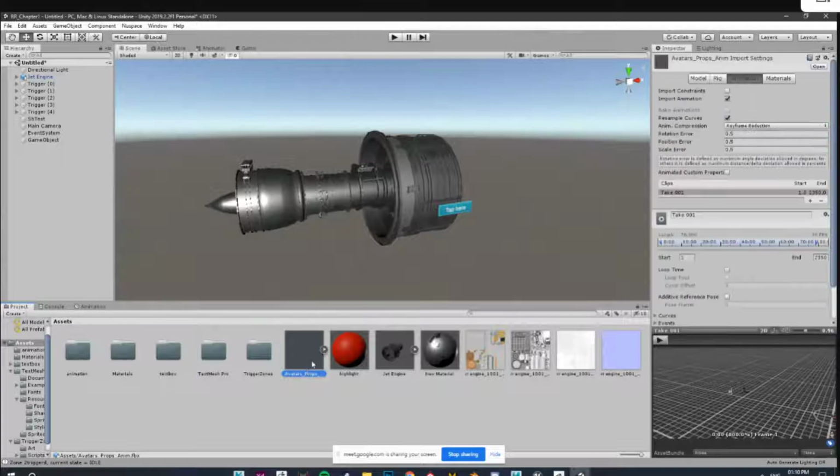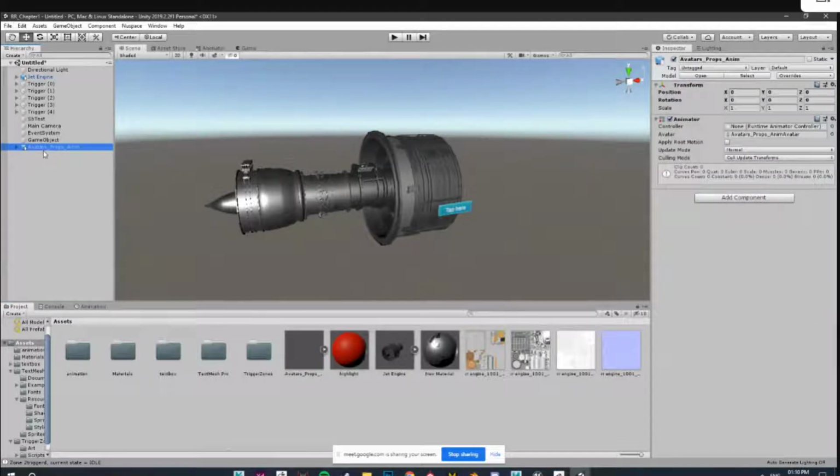So let's say this particular animation. We'll just drag and drop this, and this will be our master game object. Inside this is where I have added all the other engines. Let's say this jet engine, I will add inside this, and in this I will do the animation, and all this animation I have to keep in this particular game object.